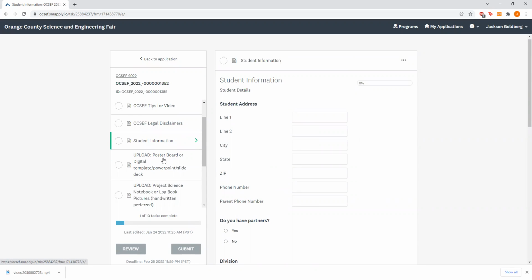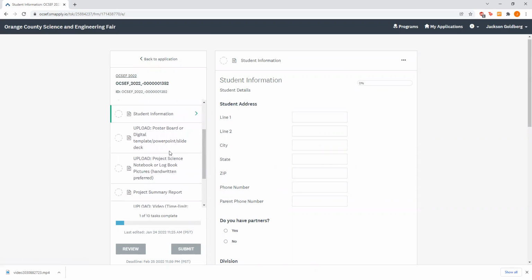One really important tip when going through the next steps here, because all of this deals with your individual projects, is you must make sure that your project is the same project as you submitted in your initial project screening, which was the stage before this. If they do not match, what will happen, and we will see that they don't match, is you'll have to go through the whole process again, and in the worst case, you won't be able to participate in the Orange County Science and Engineering Fair. So with that out of the way,